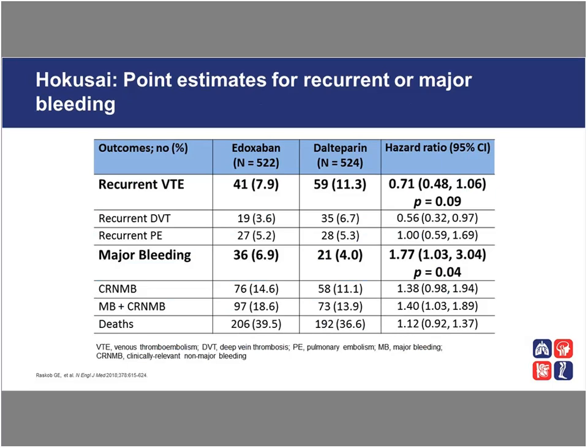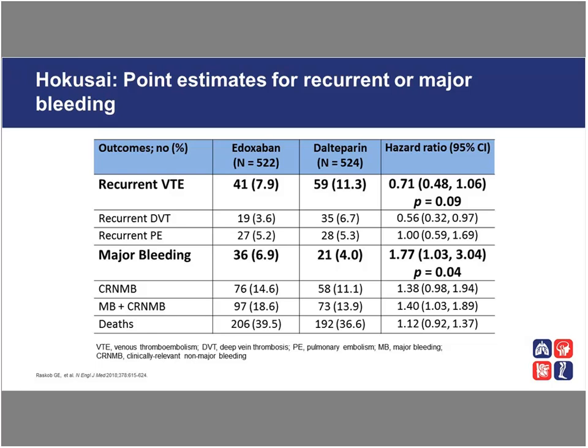And when we look at major bleeding, we now see that it sort of flipped, where 6.9% of the edoxaban group experienced a major bleeding event versus 4% in the dalteparin group, for a hazard ratio of 1.77, meaning a 1.77-fold increased risk for the edoxaban group as compared to the dalteparin group, with a confidence interval that's fairly tight around that 1.77. When we look at clinically relevant non-major bleeding, we see once again there was a tendency for more clinically relevant non-major bleeding in the edoxaban group than the dalteparin group,